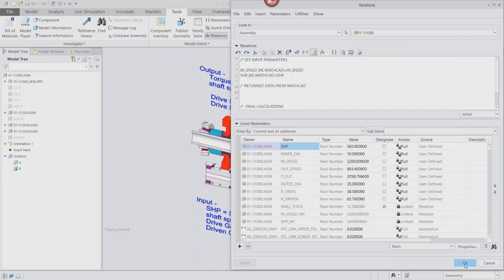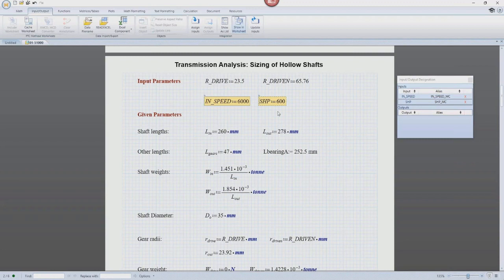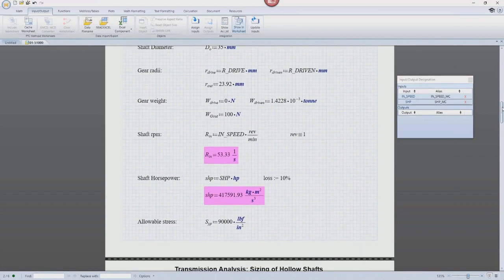So now, going back into Mathcad. Again, I've created that functional link back into my Mathcad worksheet, back into Mathcad Prime. All we have to do is go through and update these units to be able to see what my new values are. Again, these are being driven directly from Creo. So the link has been made in this case, and I'm going to utilize these in a bunch of different equations to, again, eventually give me the final answer that I'm worried about, which is going to be the diameter